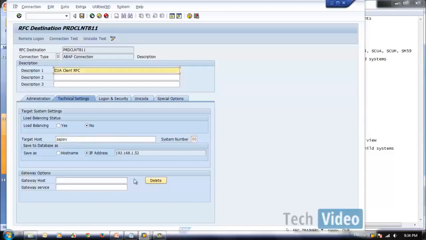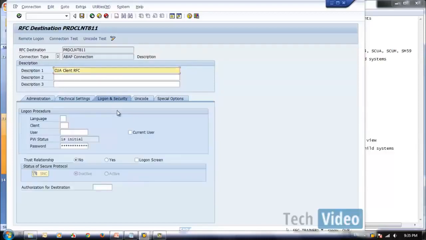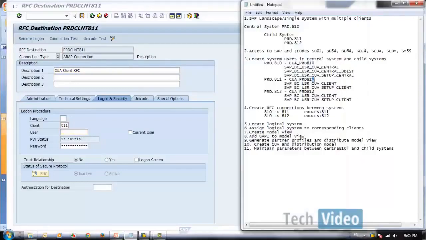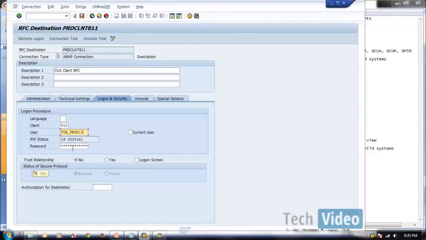So the client is 811 and the user which we will be using in the client is CUA_PRD 811, and I'll put the password. Okay, save.